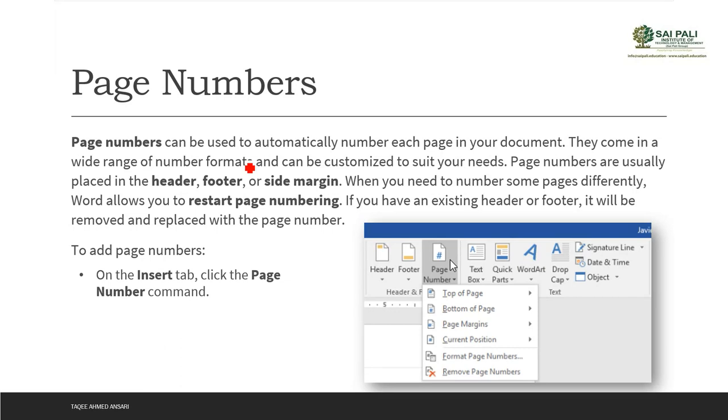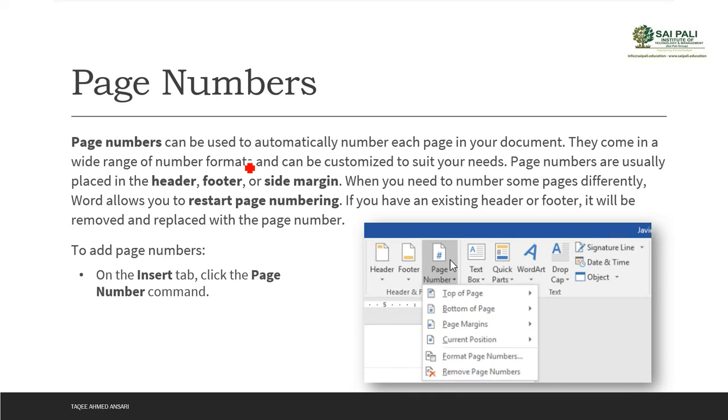When you need to number pages differently, in Word we can restart the numbering also. That means if my document has different sections, after one section I want to start the numbering of the page from the first page again, so I can restart the numbering.